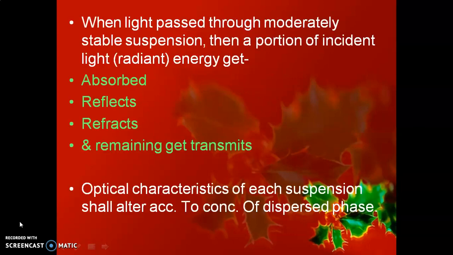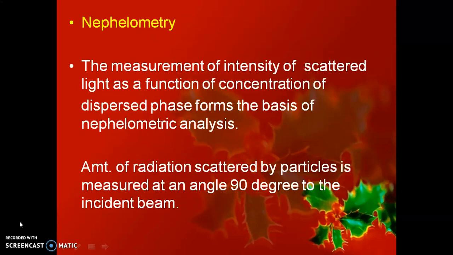When light passes through a moderately stable suspension, a proportion of the incident light or radiant energy gets absorbed, reflected, refracted, or the remainder gets transmitted. Optical characteristics of each suspension alter according to the concentration of the dispersed phase. In nephelometry, the measurement of intensity of scattered light as a function of concentration of dispersed phase forms the basis